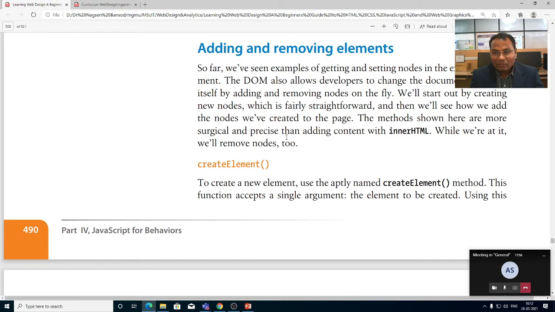We will start out by creating new nodes, which is fairly straightforward, and then we will see how to add the nodes we have created to the page. The methods shown here are more surgical and precise than adding content with innerHTML. While we are at it, we will remove nodes too.